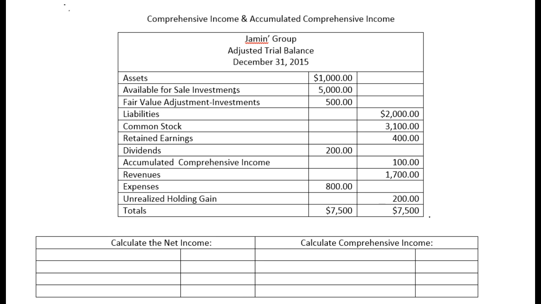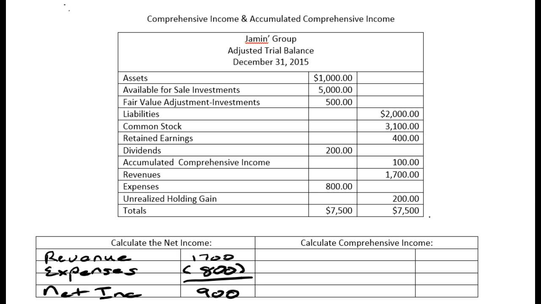To work through the example that I want to show you and drive home the points I like to bring to bear, the first thing I would like you to do is put me on pause and calculate net income. Simple, huh? Go ahead and do it. In our first simple example, we took revenue, $1,700, subtracted expenses of $800, and came up with net income of